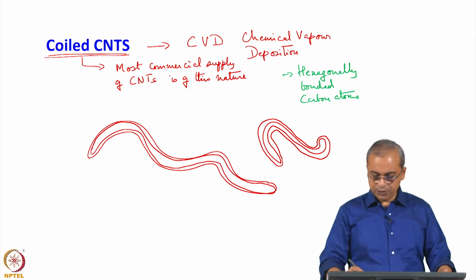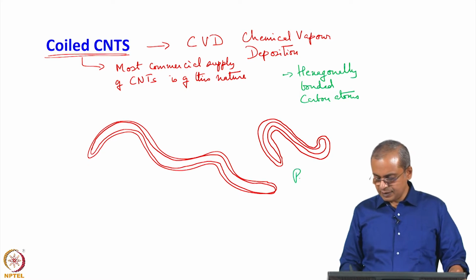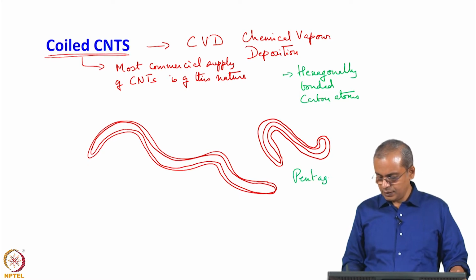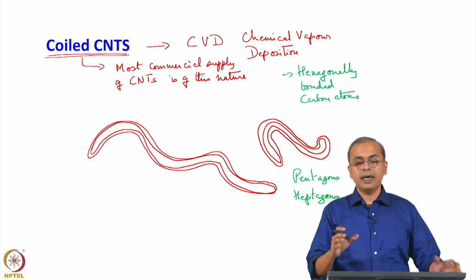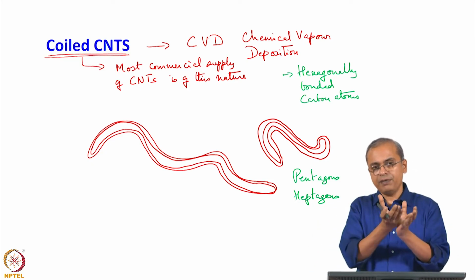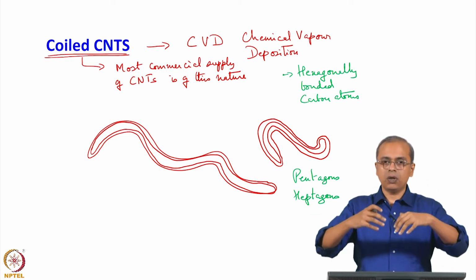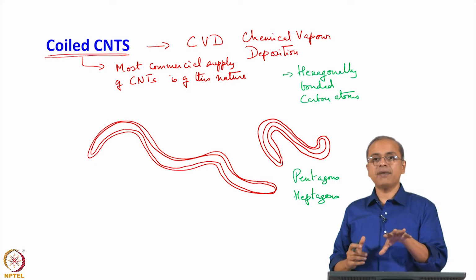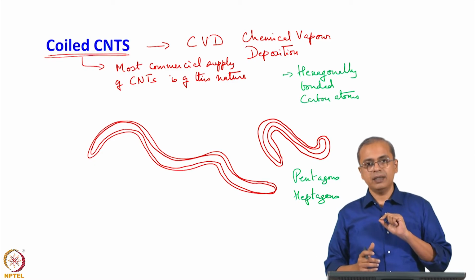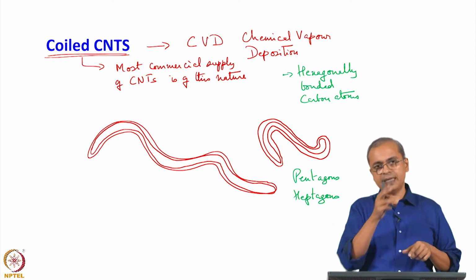Whereas carbon nanotubes of this nature with the coiled nature typically have either pentagons or heptagons on the surface, and therefore a pentagon or a heptagon would mean that now the surface is not straight, it is forced to distort to accommodate for the fact that instead of only having hexagons you now have a pentagon. So, it is no different than taking a flat sheet of paper, cutting off a sector of it and then